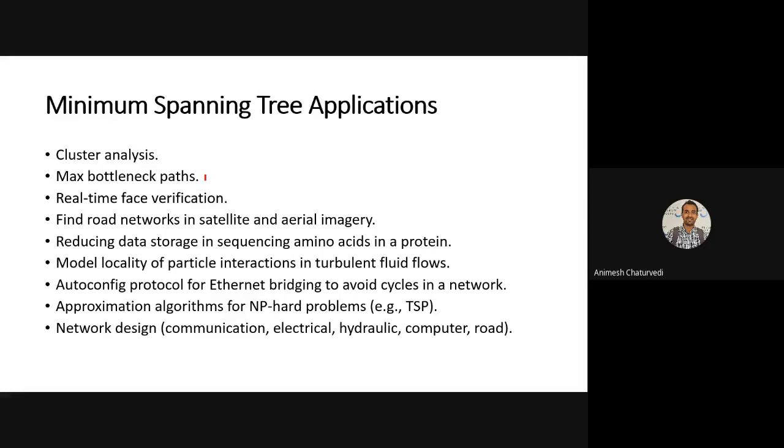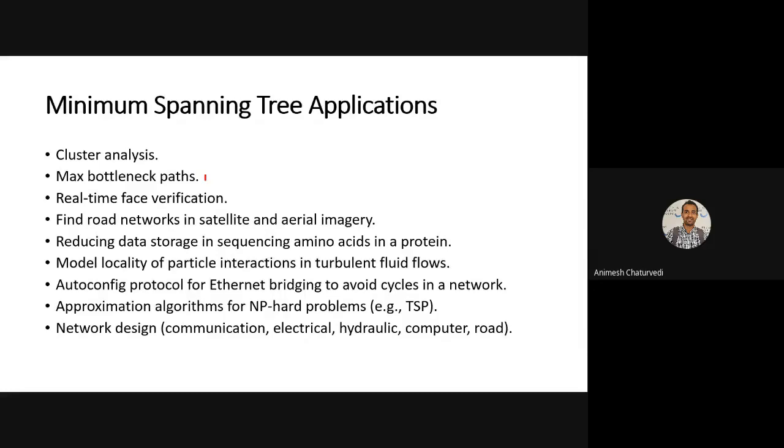Then finding the minimum shortest route or minimum spanning tree from satellite or aerial images. Then reducing the size of storage is also possible in amino acid protein. Then you have the turbulent fluid flow.